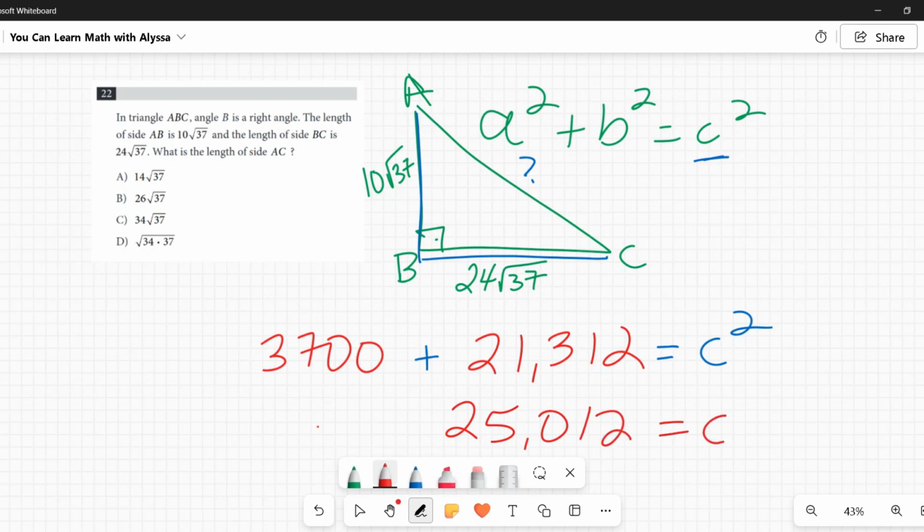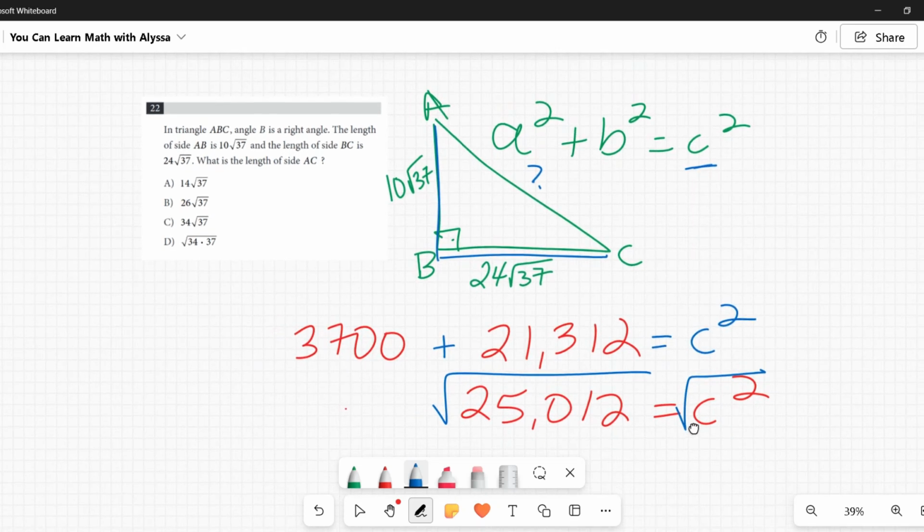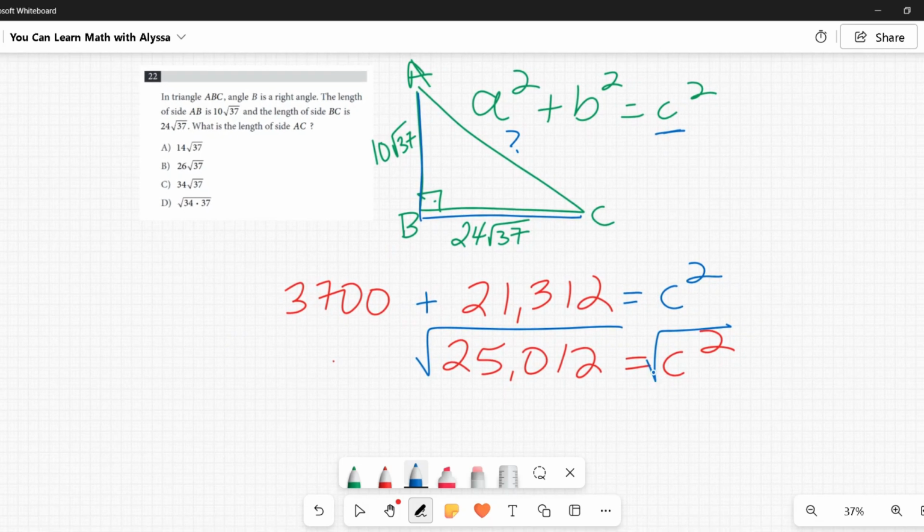25,012, which is equal to c squared. So I want to solve for c. To undo c being squared, I need to take the square root of it, and I need to do that to both sides. So now c is going to be equal to the square root of